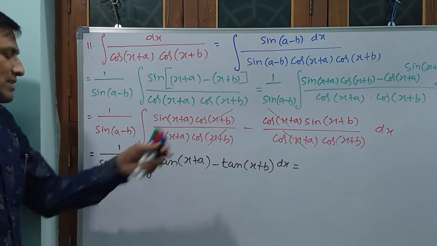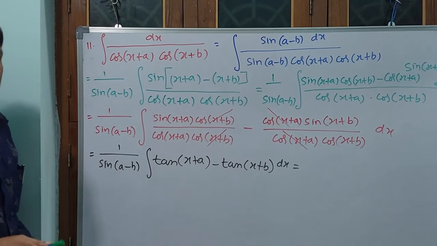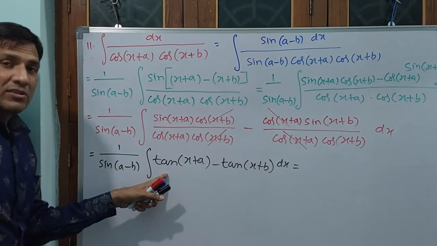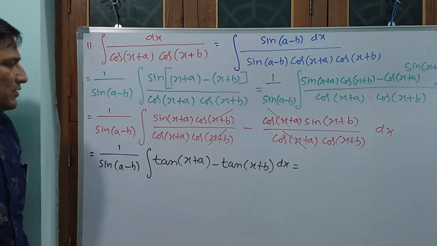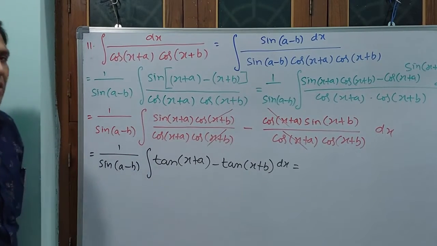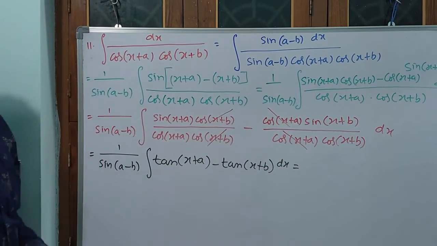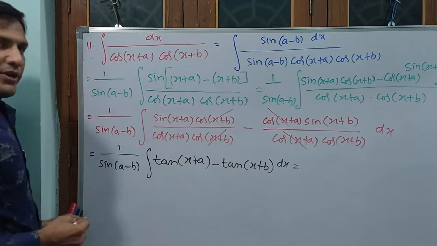Okay, what is the value of the integral of tan x? Integral tan x is minus log cos x, or log secant x. You can take this as log secant x, or you can take this as minus log cos x. Or else you take both as minus log cos x only, then you make it division. Logarithmic minus means division also you can do, like that you can do it, okay.